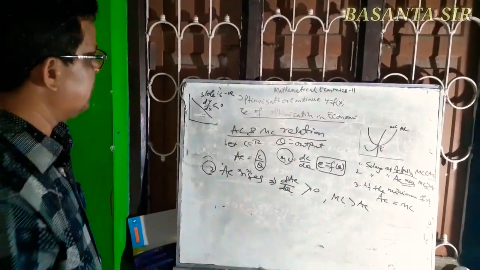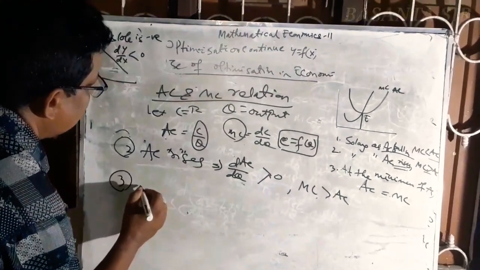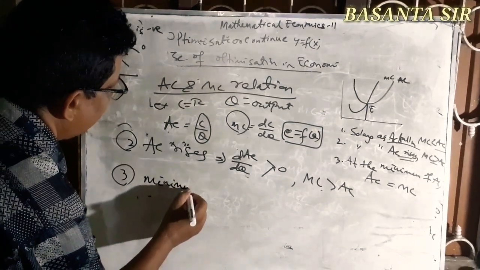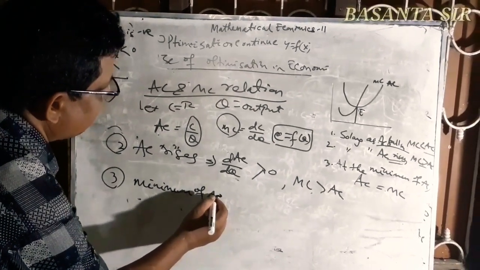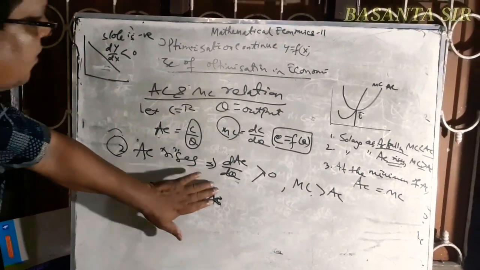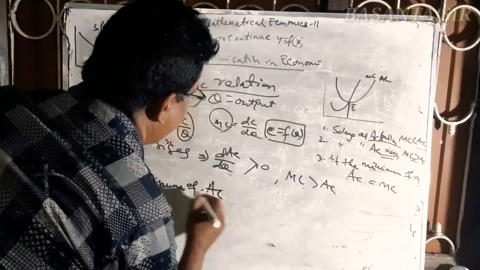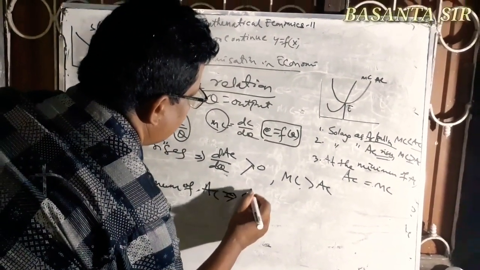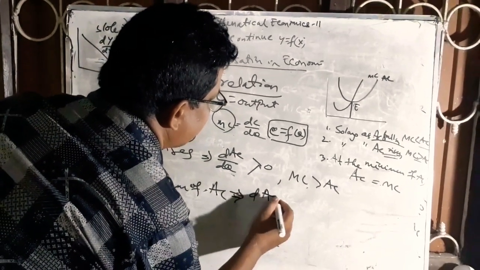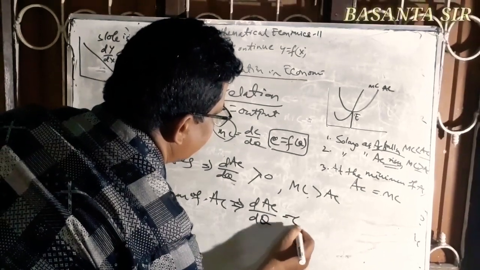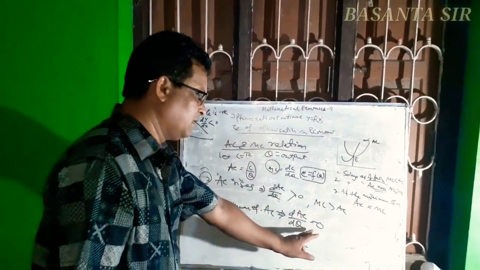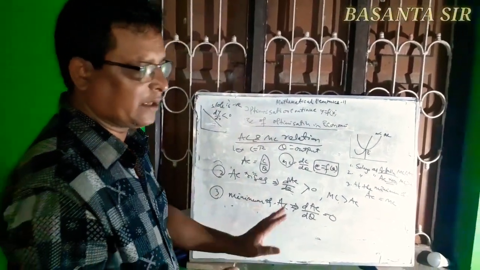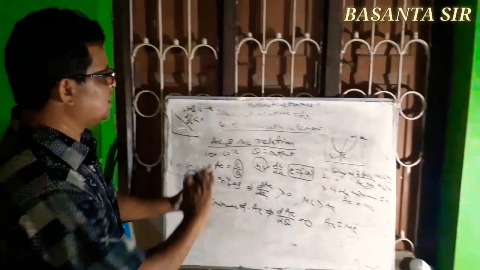Not more than that. Again, in case of the third relation, minimum of SC. We know the minimum condition. The first order minimum condition is dy by dq equal to 0. Similarly, minimum of SC means dSC by dq equal to 0. And in the same fashion, nothing more to be done. Only the sign, greater or less, you will put equal, and you find SC equal to MC. This is the theoretical part